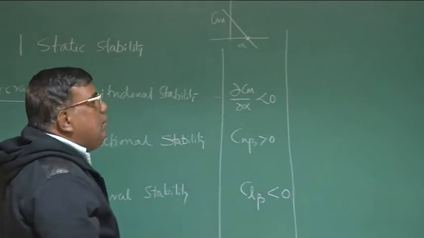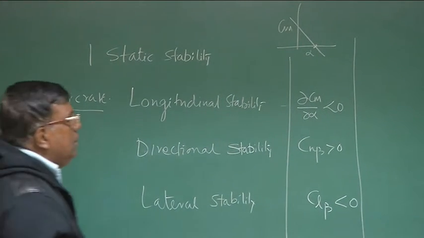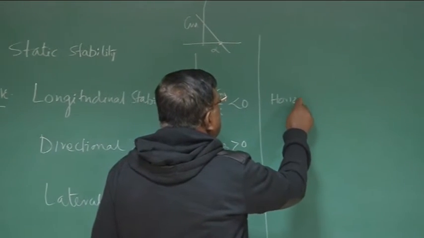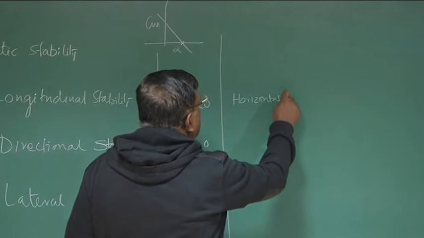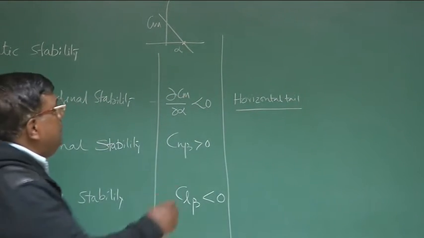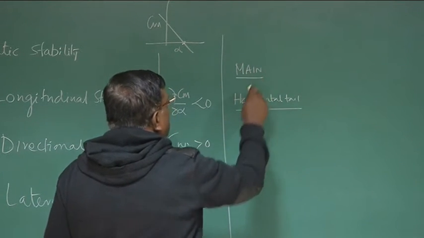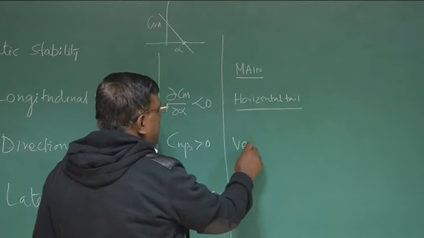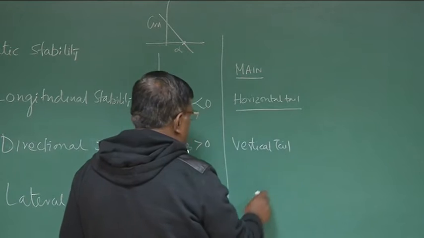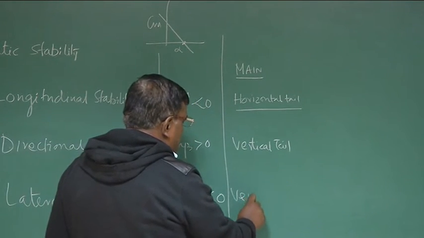And who are the main contributors towards these conditions? If you see, for Cm alpha, it is the horizontal tail, the main contributor. Okay, please understand the keyword is main contributor. Then for Cn beta, it was the vertical tail, and for Cl beta also you have seen it is the vertical tail,